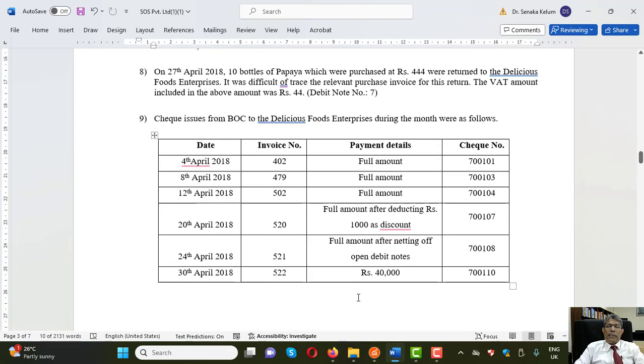Moving into the transaction number 8, on the 27th of April 2018, 10 bottles of papaya which were purchased at the rupees of 444 were returned to the Delicus Food Enterprise. It was difficult to trace the relevant purchase invoice for this return. The VAT amount included in the return is 44 rupees. Now, as you can see, this time we cannot trace the invoice, but we are returning the goods to our supplier without knowing the invoice number. So how can we do this